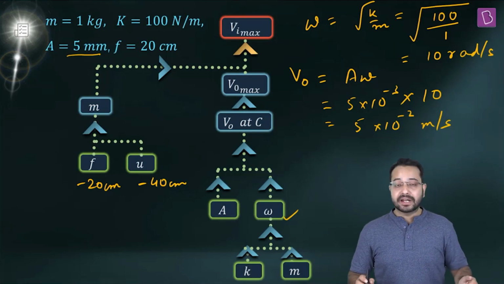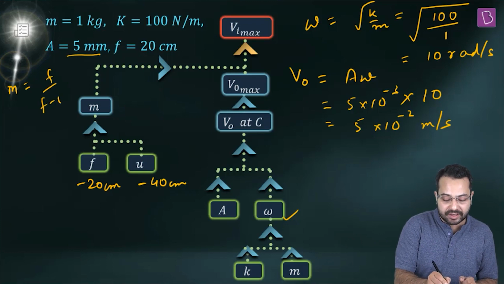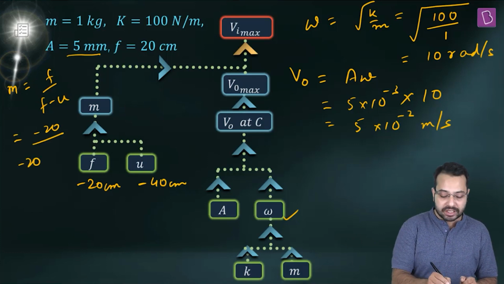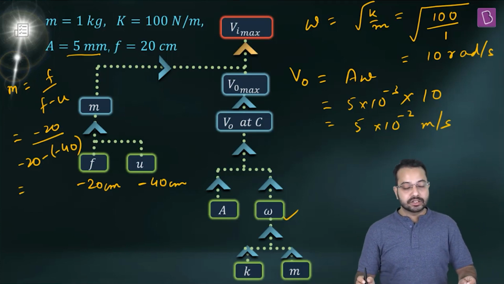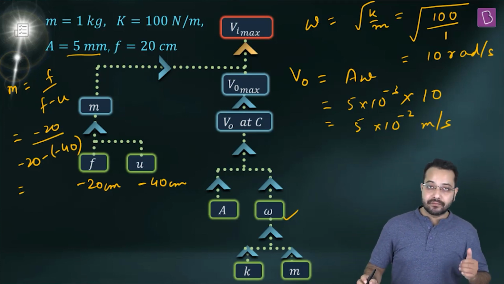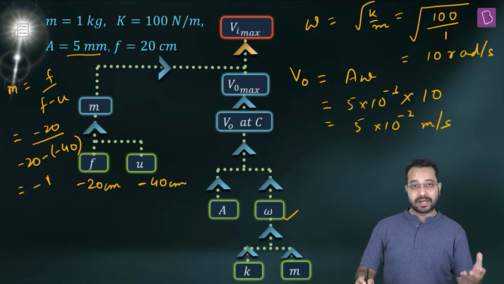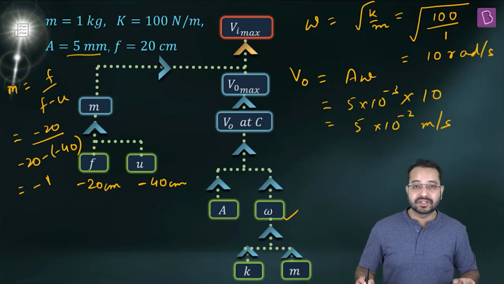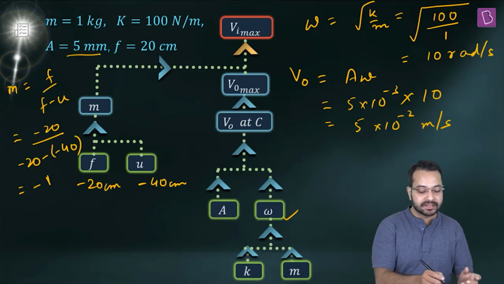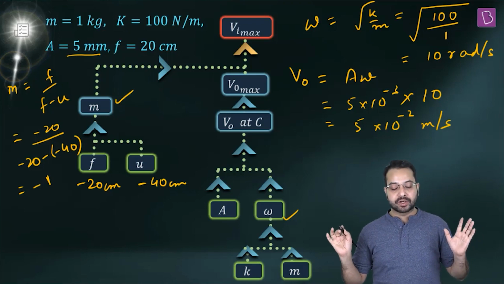Correct? Now can I find the magnification? Of course I can find the magnification. So magnification is f upon f minus u. So what is f? Minus 20 divided by minus 20 minus minus 40. So you can see this is going to give me minus 20 divided by 20, or 1. So this becomes minus 1. Now it's not a surprise. If the object is kept at the center of curvature, the image is going to be formed at the center of curvature itself and inverted. So it's not a surprise that magnification has come out to be minus 1. So magnification is also sorted.